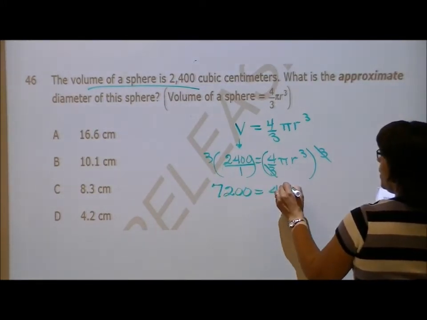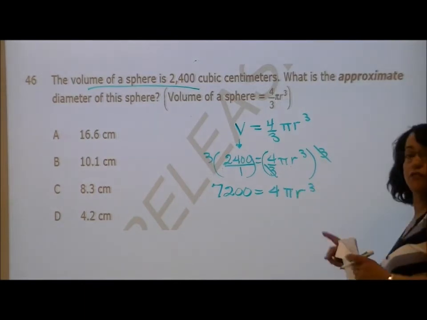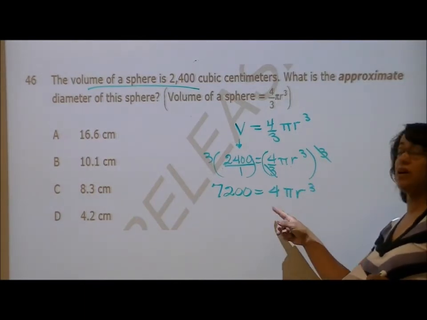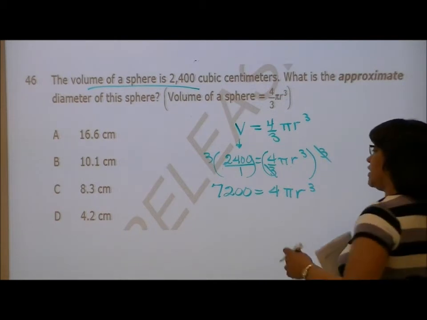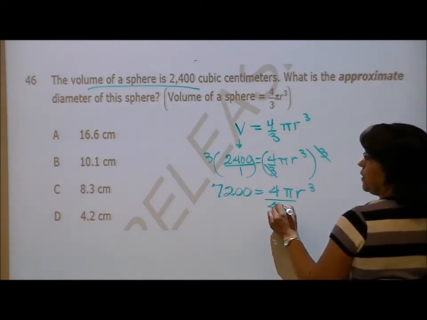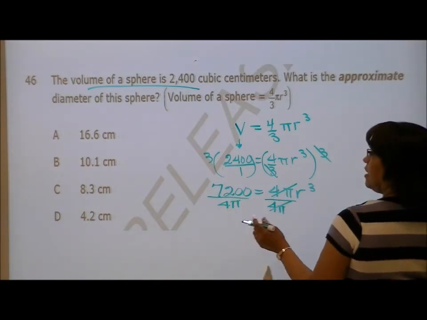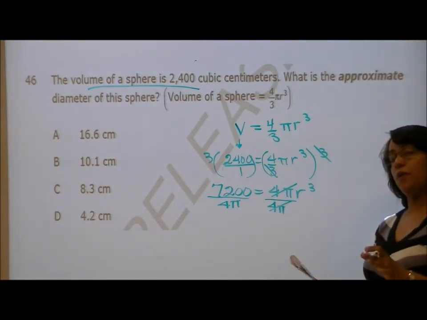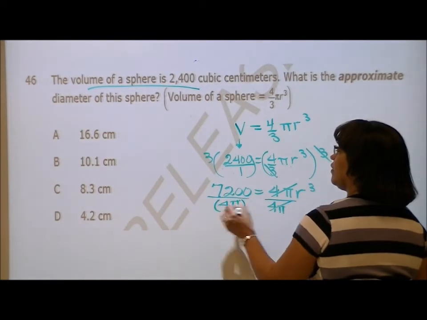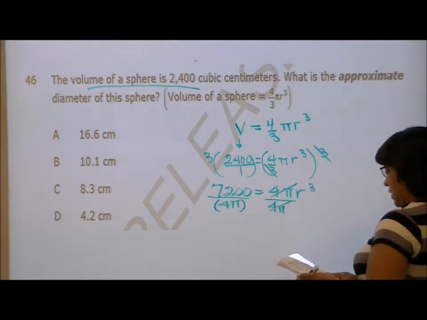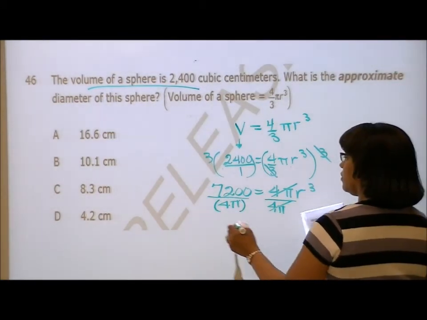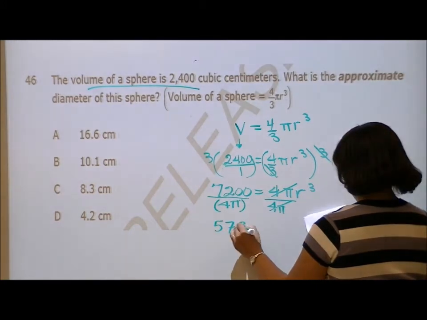...is equal to 4 pi r cubed, but we're solving for r to the 3rd, so we have a problem with 4 pi, so we're getting rid of it. Remember to use your inverse operation of division, and it's gone. So we have 7,200 divided by 4 pi. When you put this in the calculator, make sure you put it in parentheses, and you will get 573